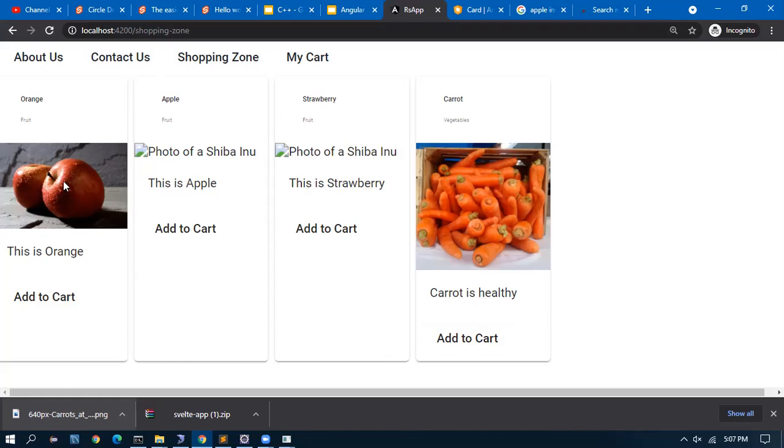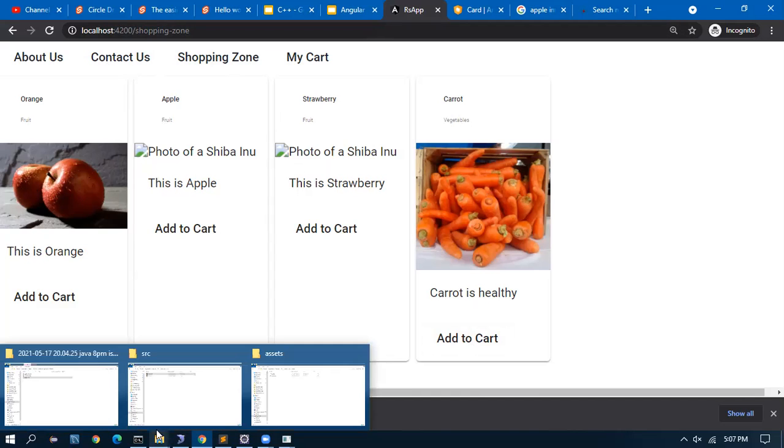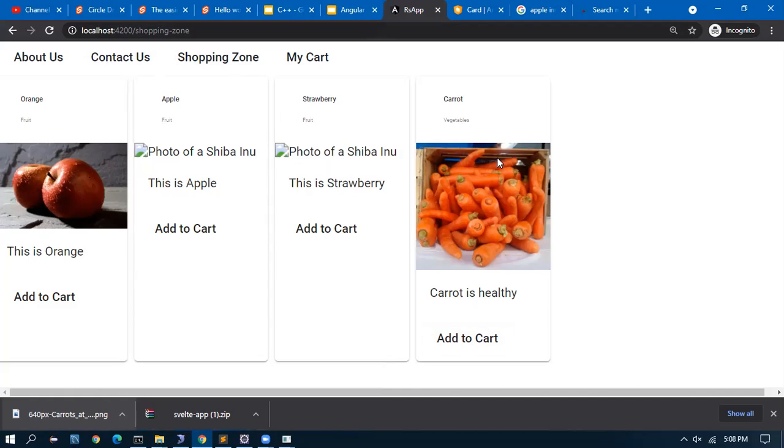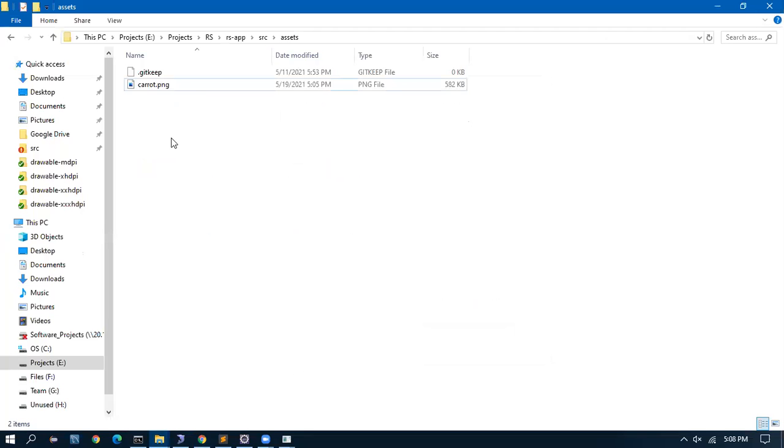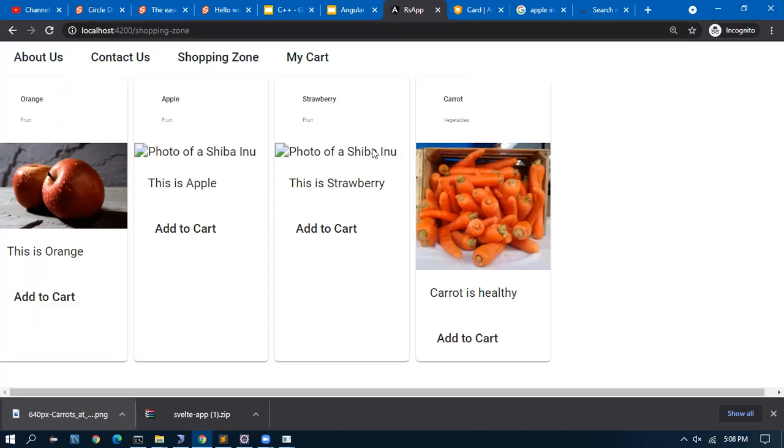Now we have to add images. There are two ways to add an image. Either you can add from URL or you can place it inside the asset folder. This is a local URL which I placed in the assets. This is from the website. If we saved the file on the desktop, we would need to give C drive or D drive.